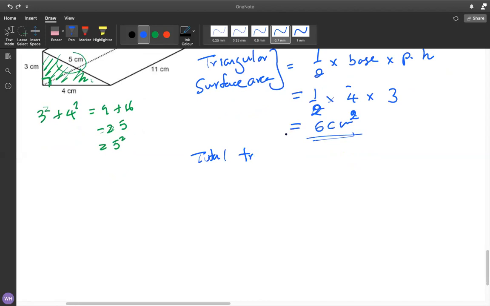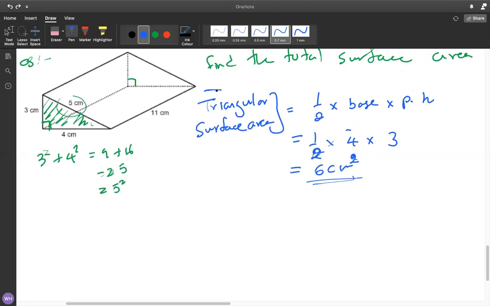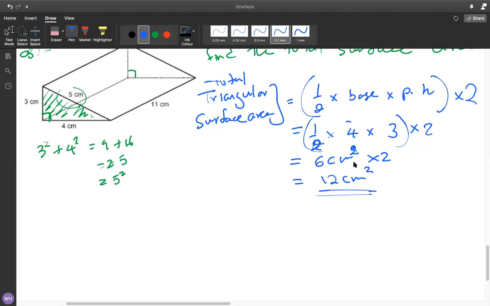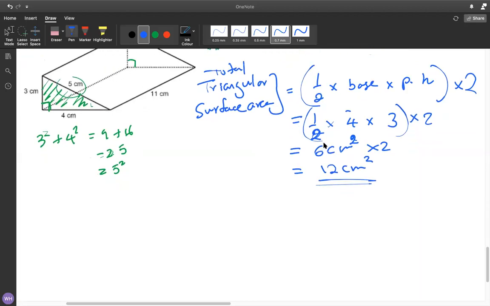shall we find the total one? Here we'll find the total one. So base into R, right? There are two such things. So you better multiply this one by 2, right? So then you can multiply this one by 2 as well. Okay, so altogether this will be 12 in square centimeters. Understood? Right? So then